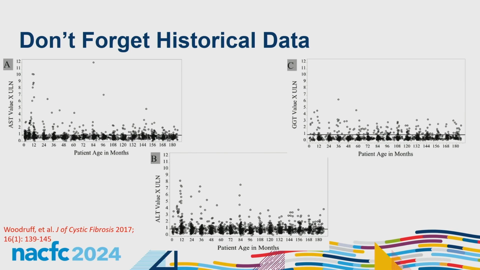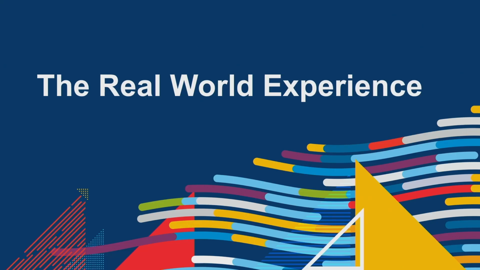So this was a great study done several years ago in Colorado, and they looked at patients that were diagnosed by newborn screen, followed them for 21 years, and looked at how often they had an increase in their AST, ALT, or GGT. And the take-home point here is a little over 95% of patients had at least one incidence of an elevated transaminase level. So for you to have an elevated transaminase level and have cystic fibrosis is like, yeah, you do. All right, so just having a mild elevation does not need to get us off medicine or get us super worried that this patient is developing liver failure or some type of horrible liver injury.